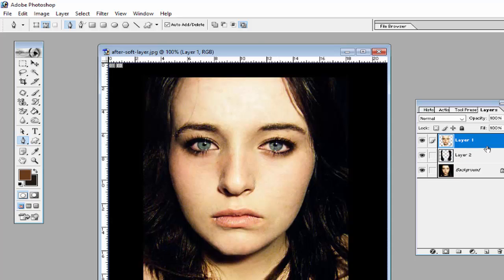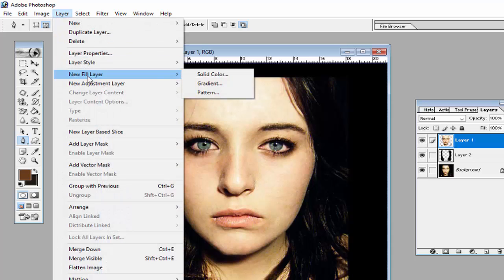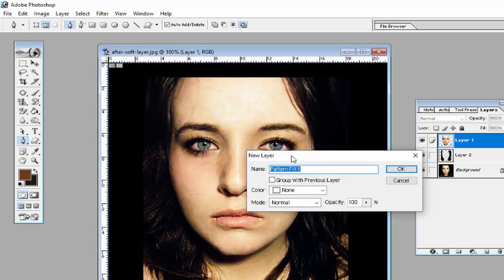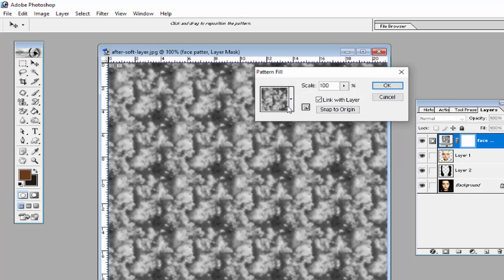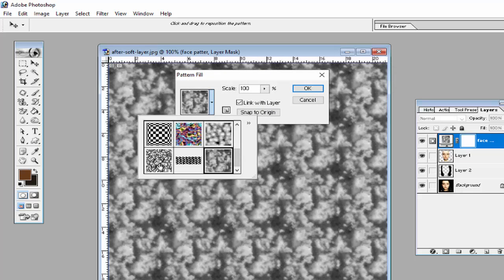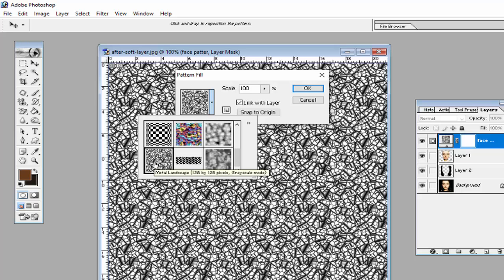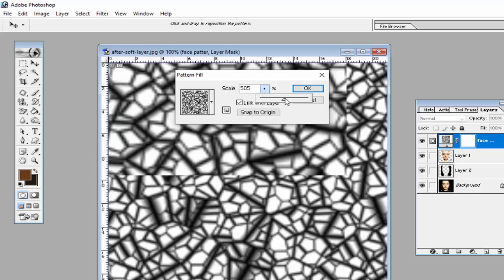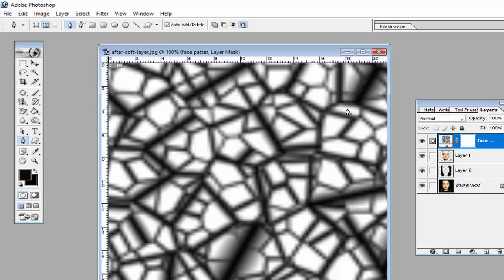Now we will apply some options of Adobe Photoshop on layer 1, on his face. Go in layer, use the option new fill layer, pattern. We will fill the pattern. Enter the name for the new fill layer, here face pattern. You can give the name and then click OK. You will see the pattern layer is here, and then select the pattern you want to give to this image like this and set the scale from here and then click OK,